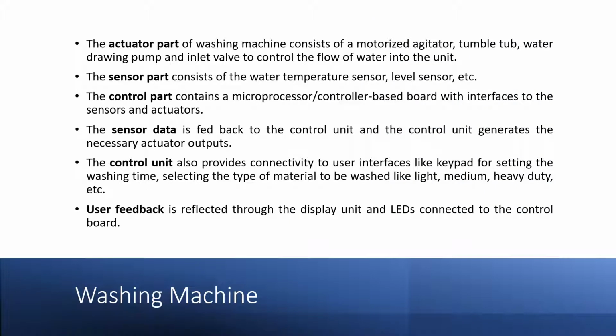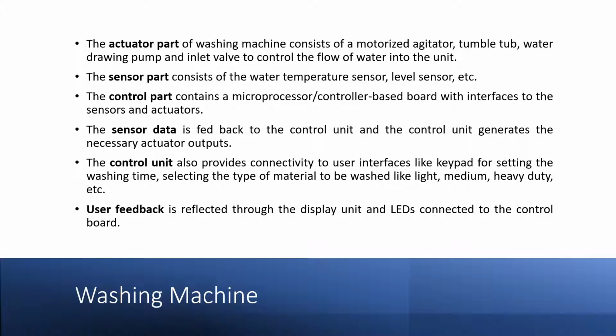So as we know, an embedded system contains sensors, actuators, control units and other application specific user interfaces like keyboards, maybe display units. So this all is true for washing machine also. All these components we can see in a washing machine if you have a closer look at it. Or some of them are visible and some of them may not be visible at a look.